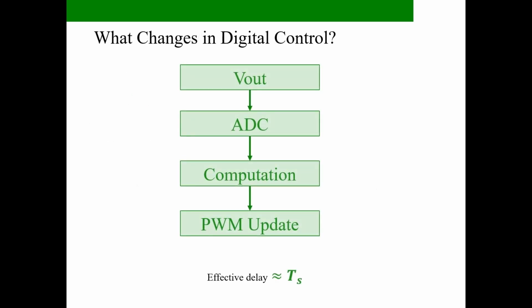In a digital control system, the output voltage is sampled once per switching period. The controller then computes the new duty cycle. However, that duty cycle is only applied in the next switching cycle. This creates an effective delay of approximately one sampling period. This delay introduces phase lag, and the higher your crossover frequency, the larger the phase loss caused by this delay. So digital delay directly limits how high you can push your crossover, and this limitation is often underestimated in digital